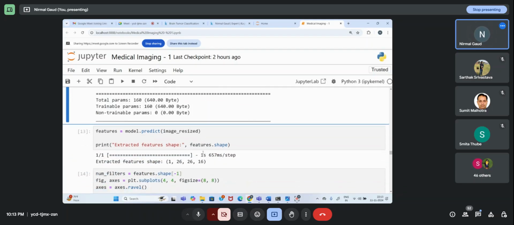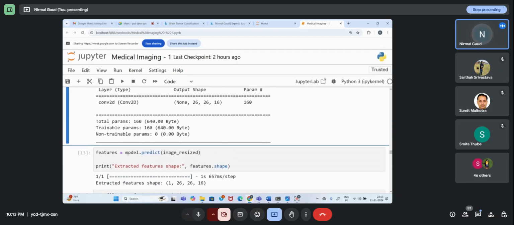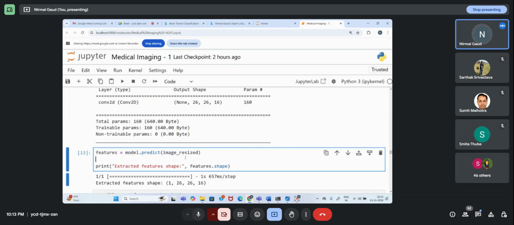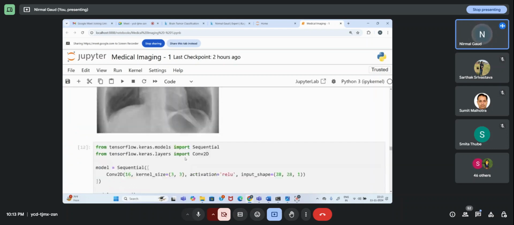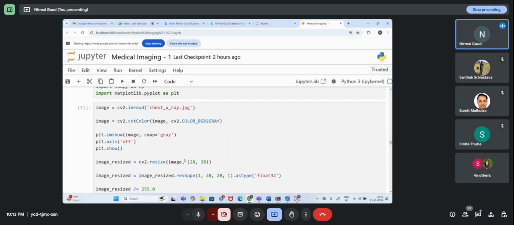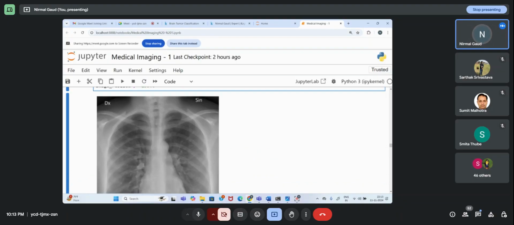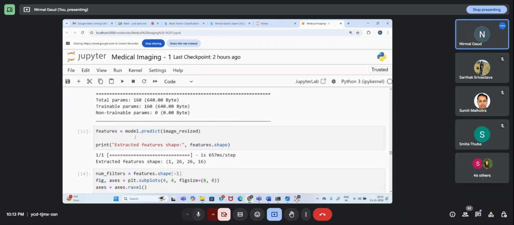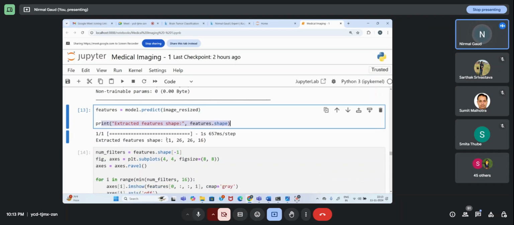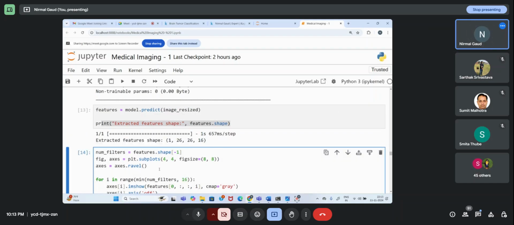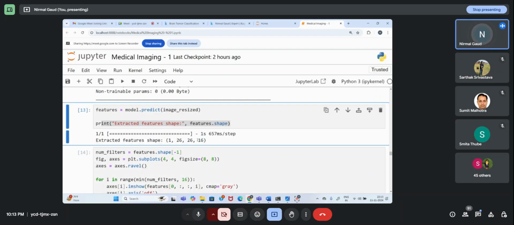This is how we can build it, and we can apply this technique over the image which we have available. This is the resized image, so I have applied it in the architecture, in the model which I have created. From this, features are extracted, and this is the extracted feature which I am getting. Now you can see the depth has been increased to 16, because 16 filters are used.